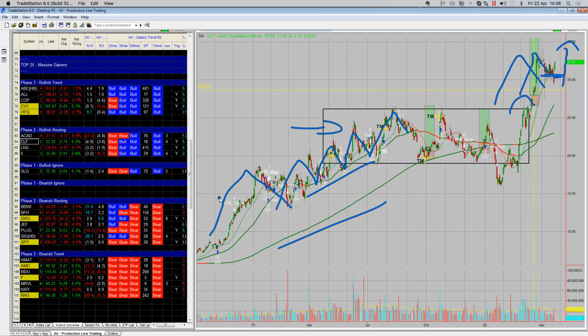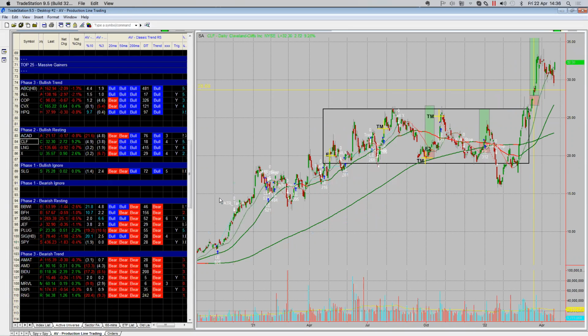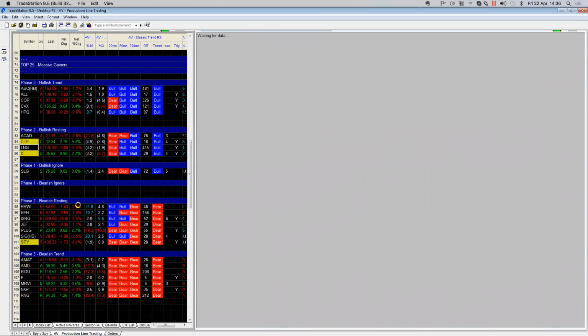When you've got that framework of either the 20 and the 50, and optionally you can use the 200-period moving average as well, when you've got that framework to evaluate the charts, evaluate the markets, and you've got a list of stocks that it's proven to work on, then all we're doing is waiting for the opportunity. Again, this is already live for me. LNG, again, this is in a bullish trending state.